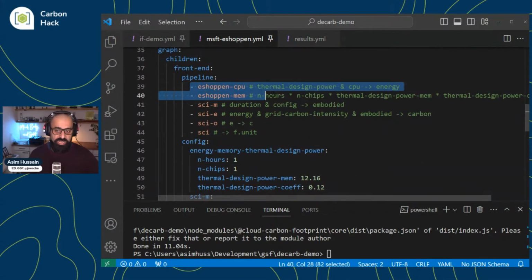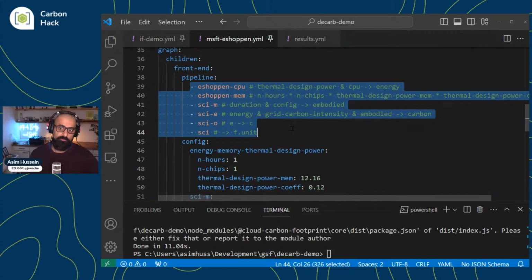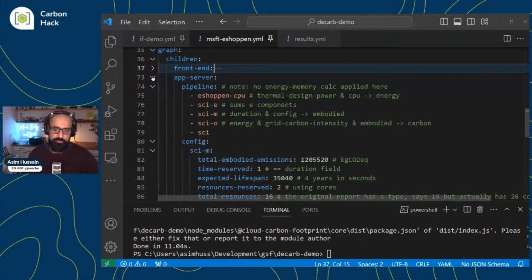By chaining, each of these is a micro model. And you can see here that for the front end, we picked this pipeline because this is what we wanted for this example. But different software components might have a slightly different pipeline because we don't have similar data. So every single software component can have its own bespoke type of calculation to compute its impact, because that's what's necessary.